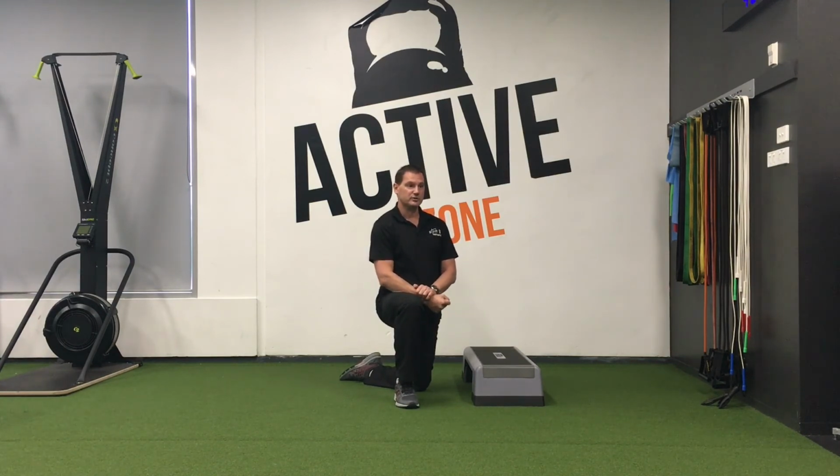The pullovers cover chest and back. Drop set push-ups cover chest and core. Your step-ups, lateral step-ups, quads, hip stabilizers, hamstrings, even a bit of calf involvement in there. So we've got a well-rounded workout, which sets of 3 sets of each, 4 sets of each, 5 sets of each could last you anywhere from say 20 to 30